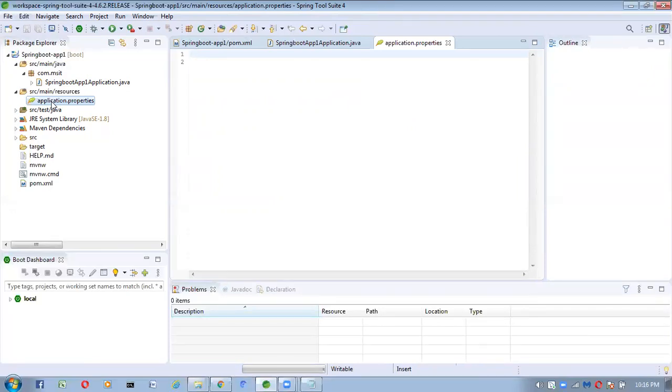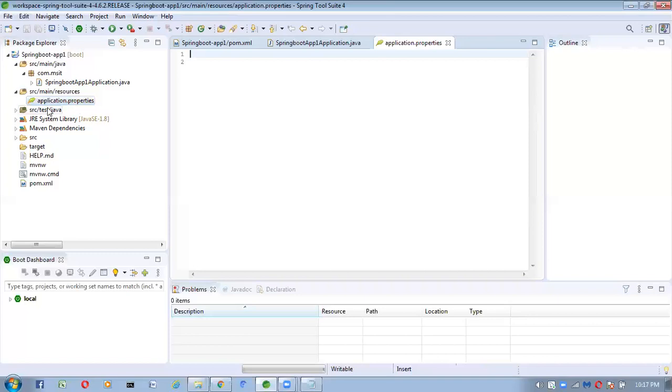Suppose you want to connect with the MySQL database; the MySQL username, password, host name, everything we have to take inside this properties file. At the same time, if you want to start the server, the port on which you have to start the server, that port number also we can take inside this properties file. And instead of this .properties file, we can take a .yml file also here.